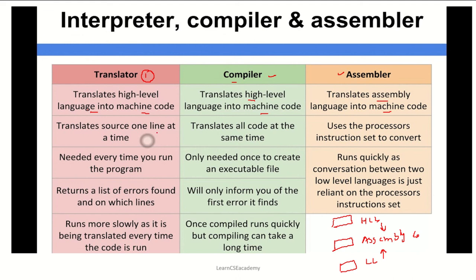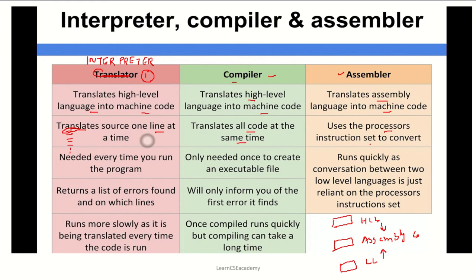Translate source one line at a time. I think it's an interpreter here. An interpreter translates one line at a time of a program. Say we have 10 lines written in a particular program. So what does an interpreter do? Interpreter translates one line at a time, whereas a compiler translates the whole code at the same time, and an assembler uses